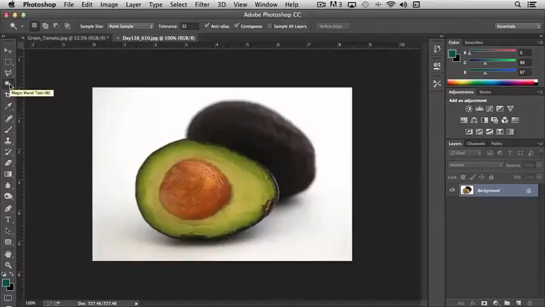The next tool that we're going to look at in our selection family is the Magic Wand tool and the Quick Selection tool. The Magic Wand tool has been in Photoshop pretty much from the beginning, and it works pretty straightforward. In this photograph, we're going to use this photo that I took of an avocado to demonstrate it. So let's say that we want to select just the white area to ultimately remove it. Well, we can simply click in the white area,